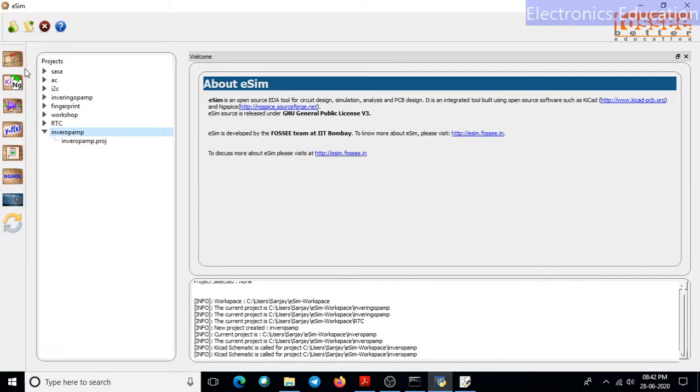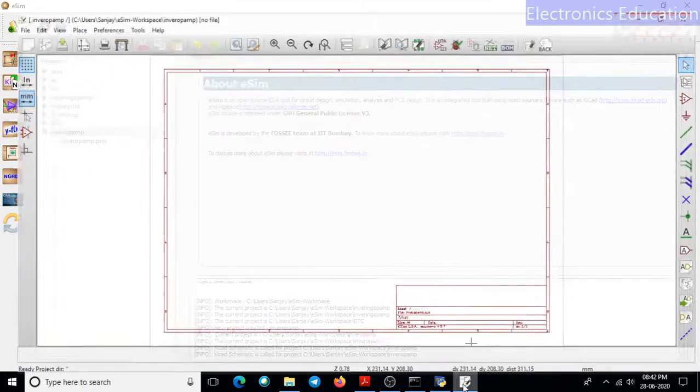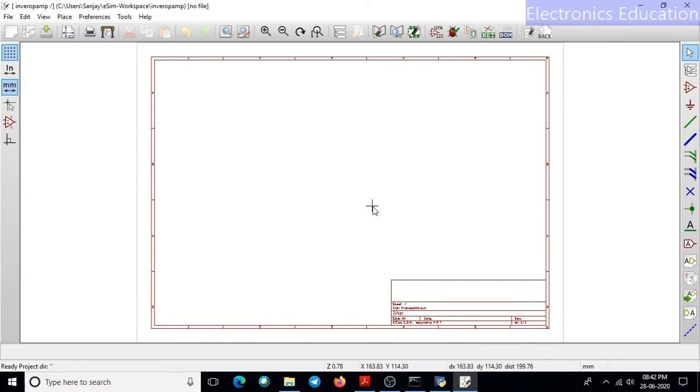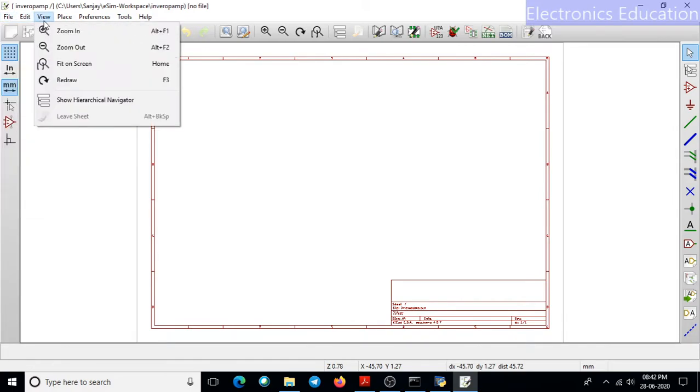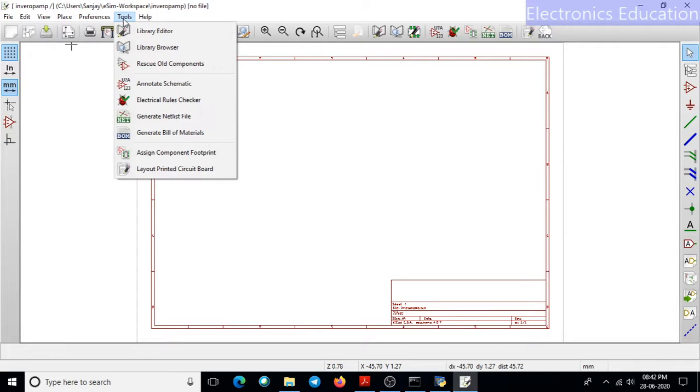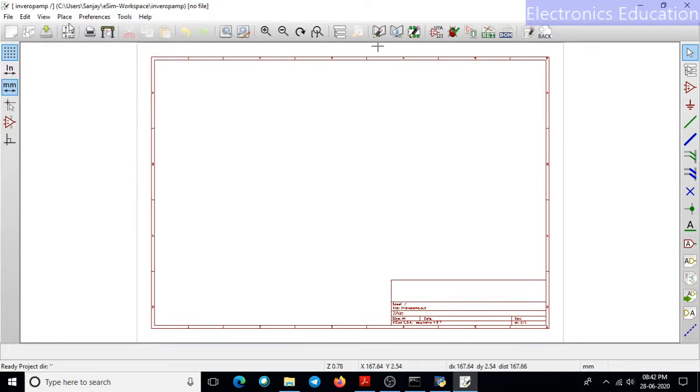Now see, by clicking this open schematic button, my schematic window has appeared. This is the schematic window. As usual, here we have different menus: file, edit, view, place, preferences, tools. Almost all the options which are available in the menu are also available alongside the sides of this particular window.